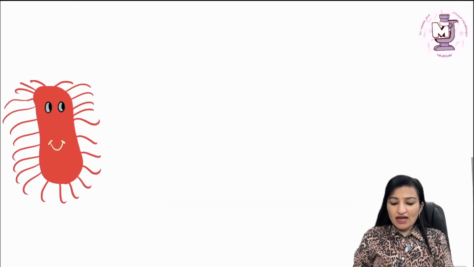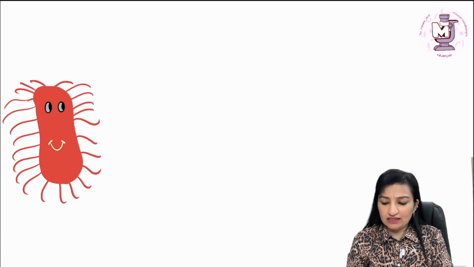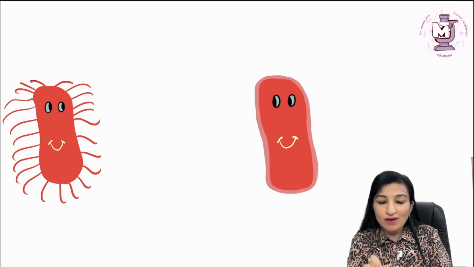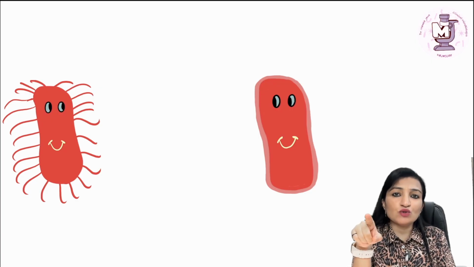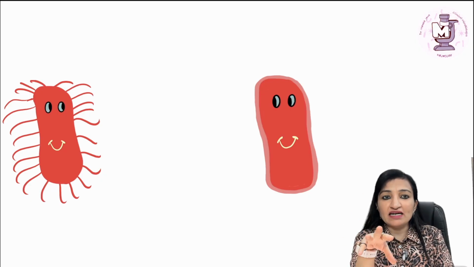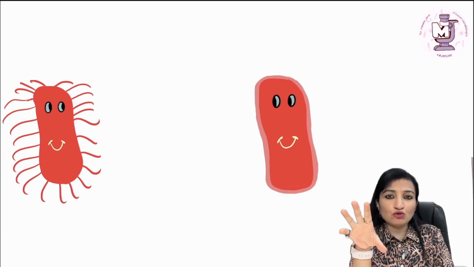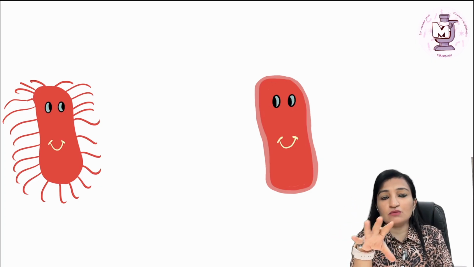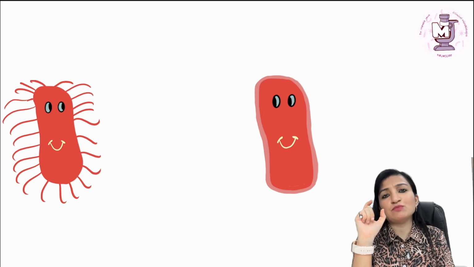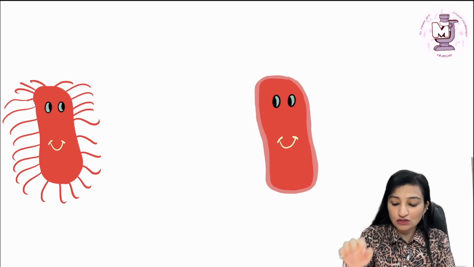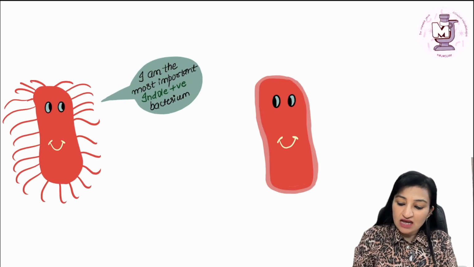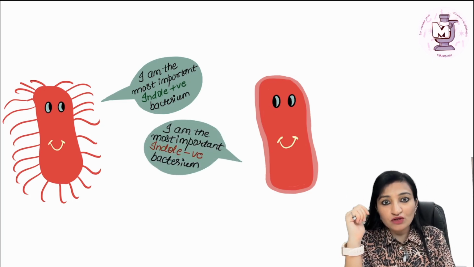Alright. Now let's look at the banter happening amongst a certain kind of bacteria. Okay, it is not only we who chit-chat, bacteria also do. On your screens you are seeing these two bacteria. What is common? Both are gram negative rods, that is gram negative bacilli. The left one is motile by virtue of peritrichous flagella. The right one seems to be non-motile because I have not drawn any flagella, but I have drawn an outline. That outline is representative of a beautiful capsule, a hygroscopic capsule in this organism. The left fellow says to the right one, I am the most important indole positive bacterium. The right one says to the left one, I am the most important indole negative bacterium.